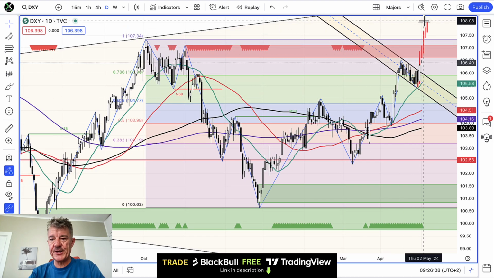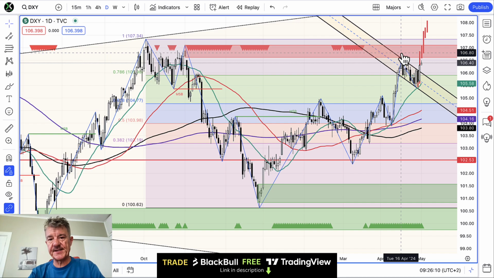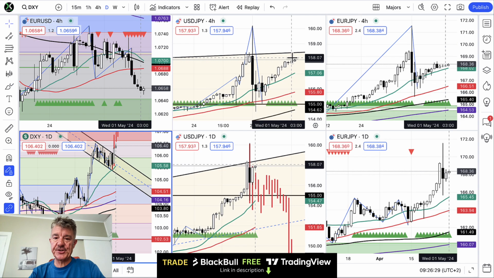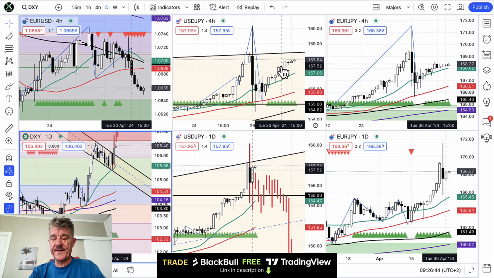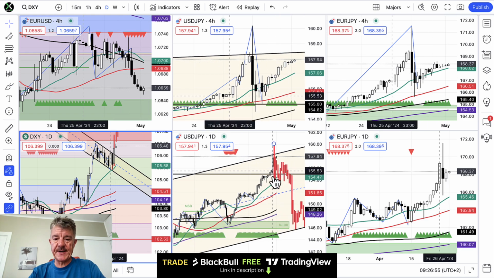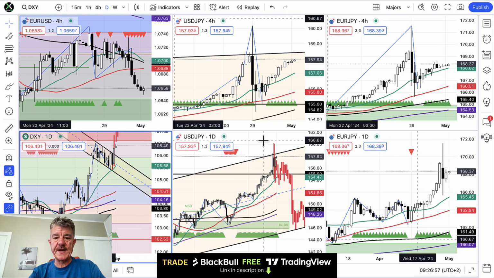That means more pressure on the euro, more pressure on the dollar yen, unless there's Bank of Japan intervention, which there probably will be. Now that 160 seems to be their line in the sand. I know it's tricky trading the dollar yen. I've been trading it for 20 years, and some years you just get it right and it works perfectly. Some years you're constantly fighting this trend. Feels like I've been doing that for quite a long time now. But eventually this trend will change, just like it did in October 2022, and we could see something like this fractal forming over the coming days, weeks, and even months.